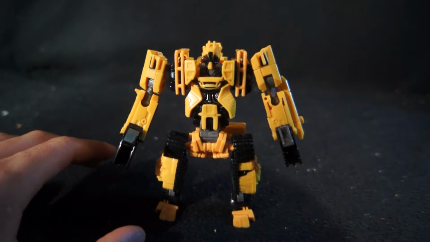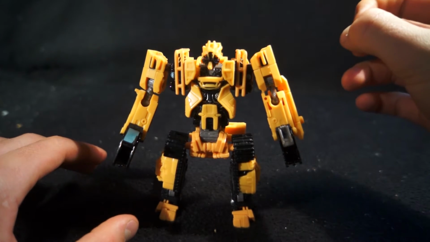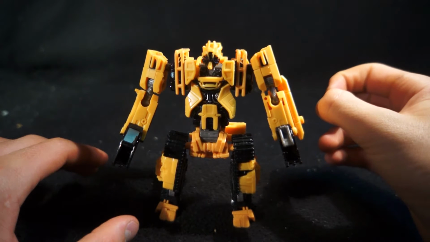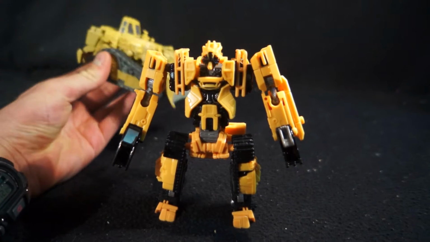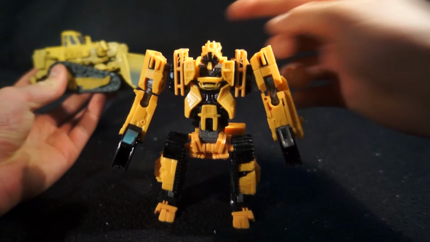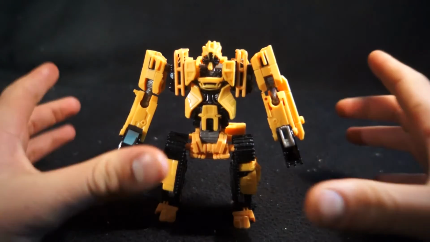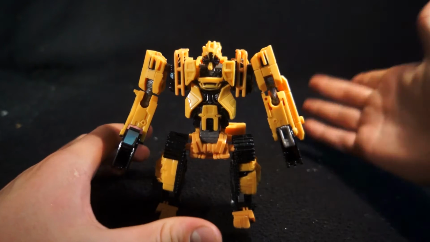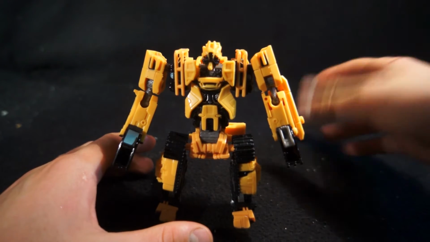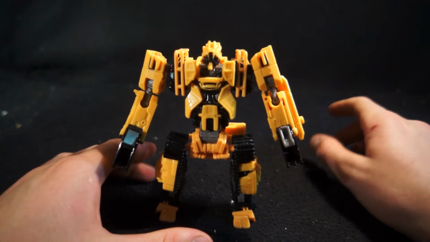Rampage. Rampage is a driller, a drill sort of... He is here. He's one of these guys, but he has a drill instead of a plow. He has a drill there. And he stands on his drill, and he comes with a stand that holds him up when he's standing on it, because he can't stand on the surface because it's a pointed tip and he wouldn't be able to balance. But I'm expecting that